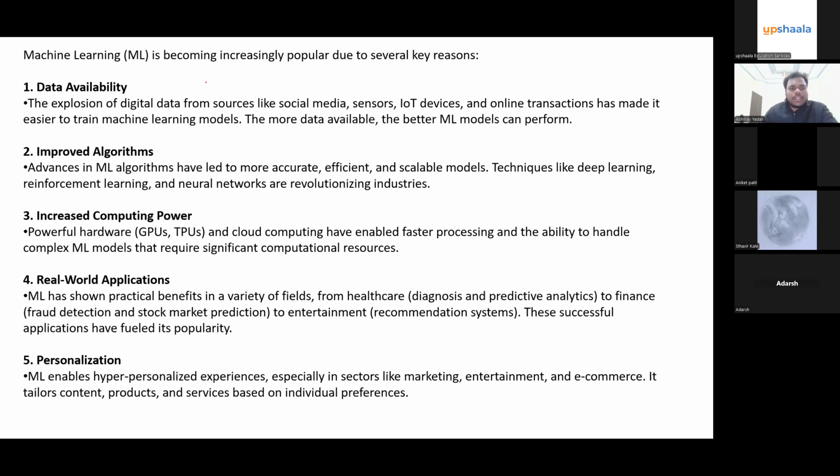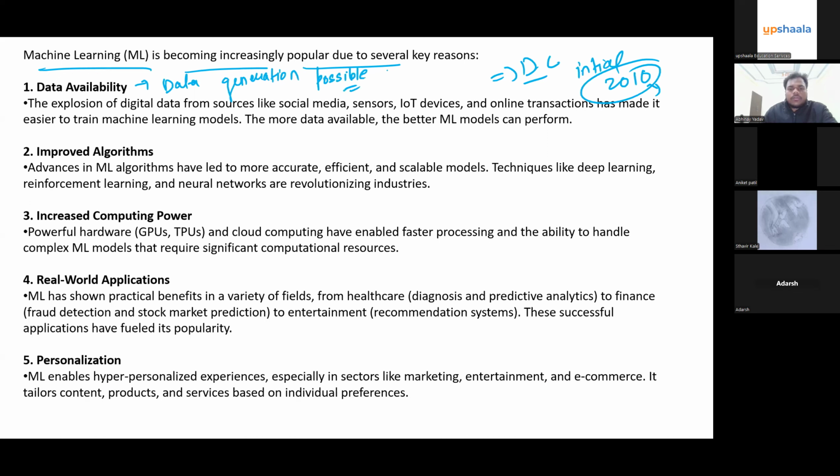Okay. After that, the very important thing is why the machine learning model is becoming famous. The same thing is there in deep learning. In the initial days, around 2010, when people started using smartphones, they were using the smartphone from early morning to night. So they were generating a large amount of data. Data generation was possible. If data generation was possible, what the machine learning model needs is only the data. So data availability became very easy.